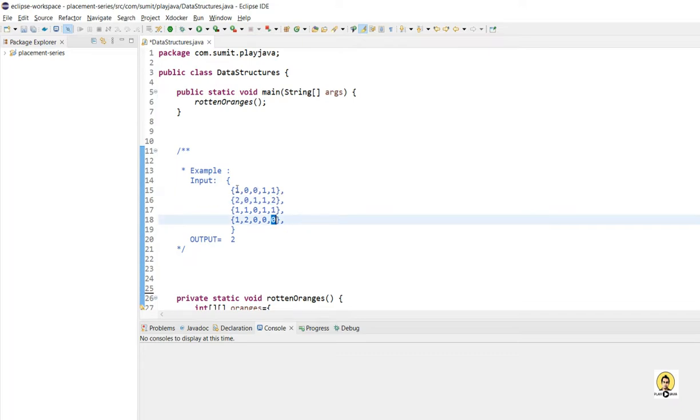We need to traverse all the paths in 4 directions, that is up, down, left and right, and in unit time the rotten oranges will rot other oranges which are just the neighbor of that orange. For example, if 2 is at this place, then it will rot all the oranges in the 4 directions which are at unit distance from it. Like if I talk about this 2, then it will rot this 2 and this 2, because these two were the neighbors in a unit time, and in the second unit of time this 2 and this 2 will be